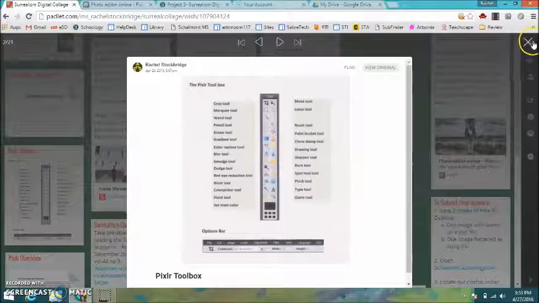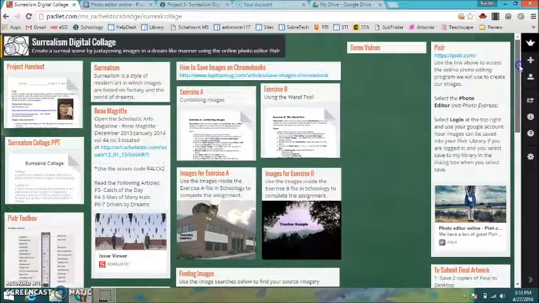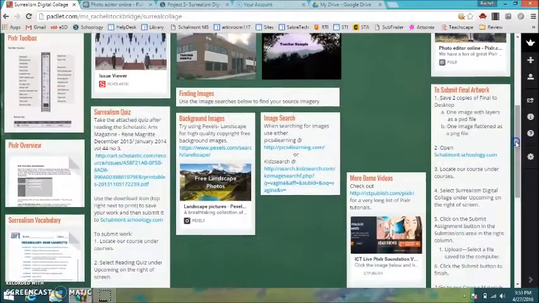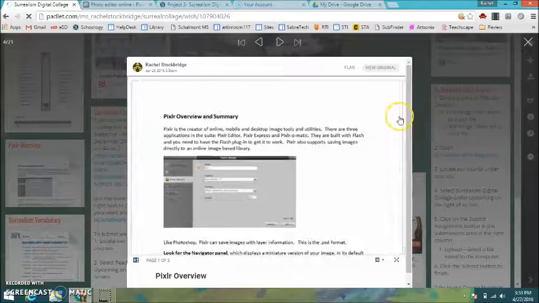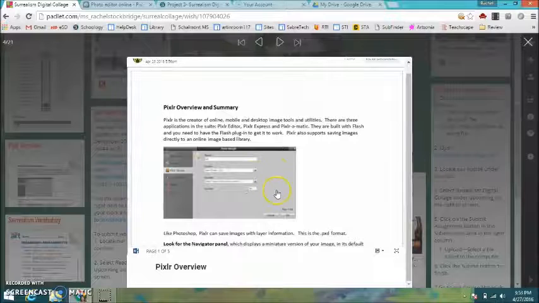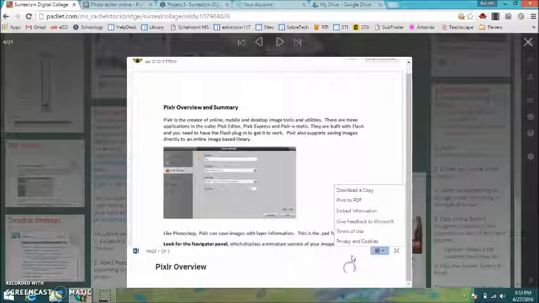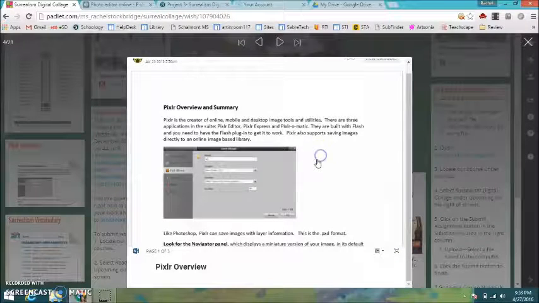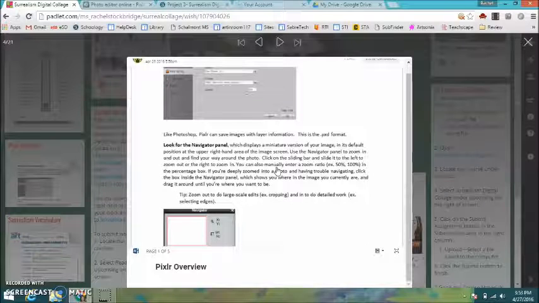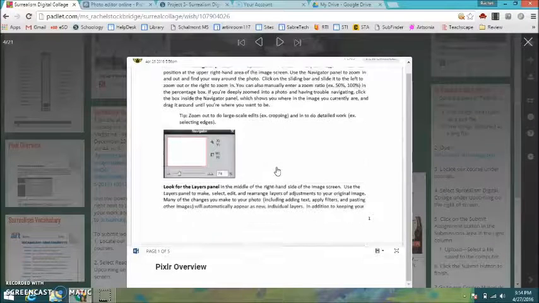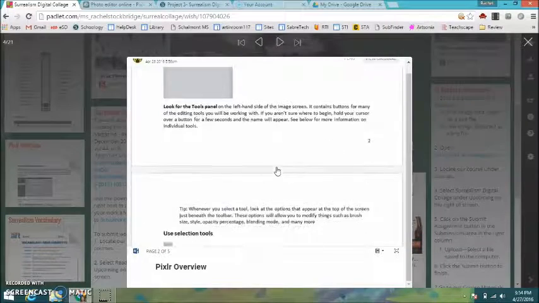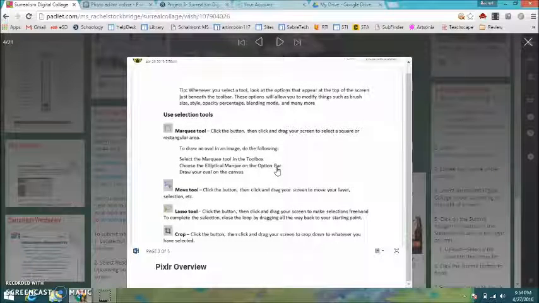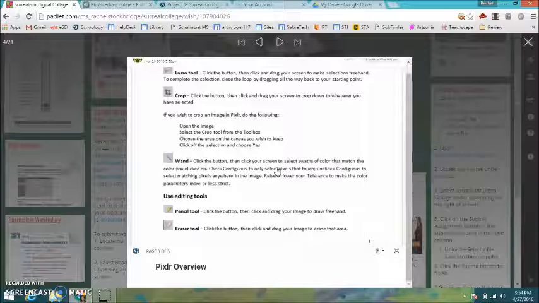So if you ever forget, this is listed on our class Padlet about our Surrealist collage. We also have a little Pixlr Overview, which I highly suggest going through and reading. Again, it tells you a little bit about a lot of the stuff. If I click on this here, I don't want to download. I want to go down. There we go. So I can scroll down here. I suggest reading through this. There's a lot of really good information, and it's not terribly long. It gives you some pictures that go along with all of the different tools. It goes much more detailed into all the tools that I'm going to briefly just touch on